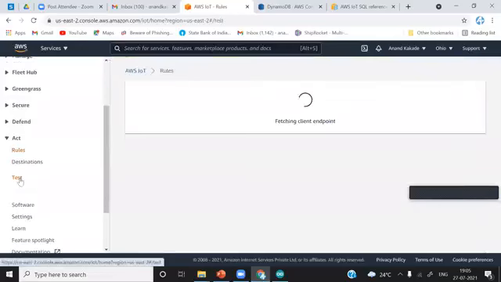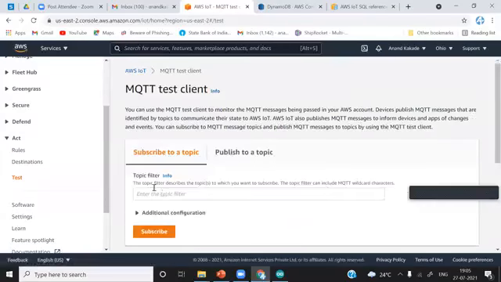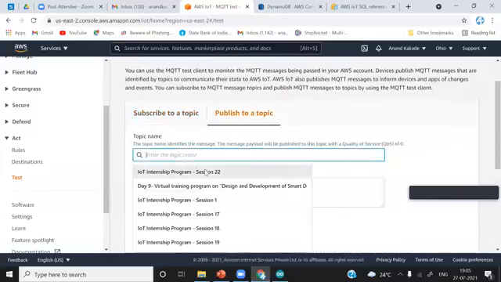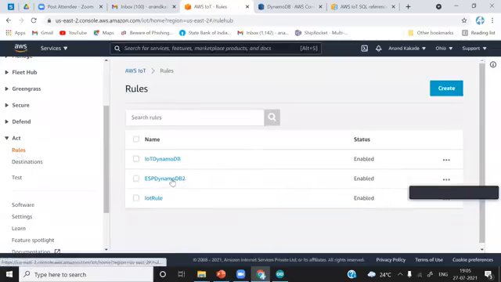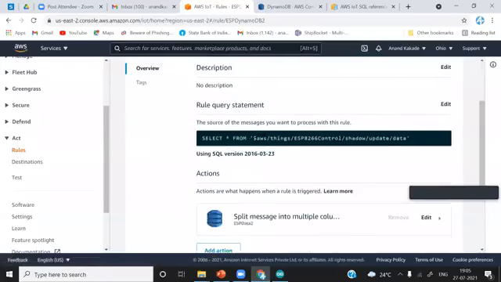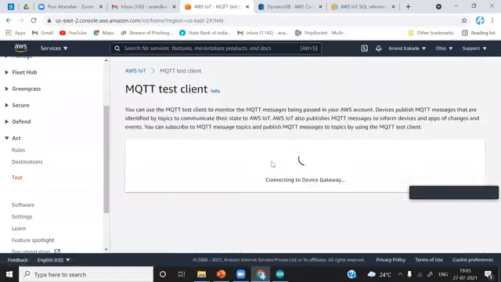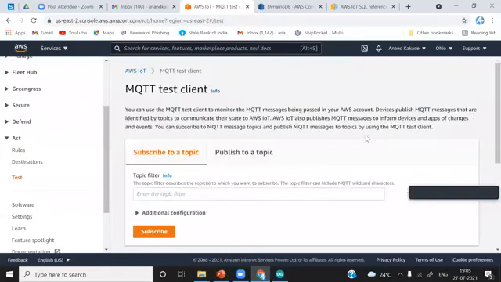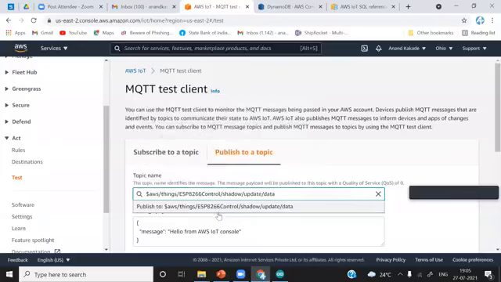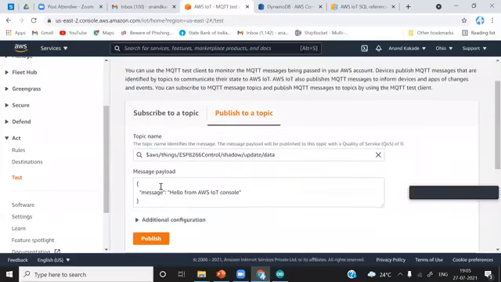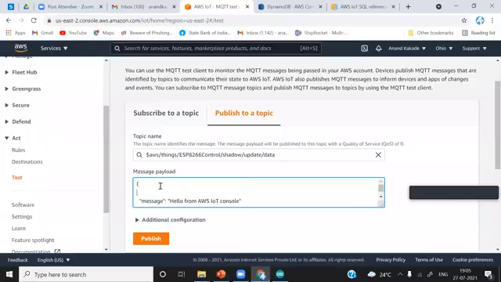What we'll do, we'll simply test first. We'll test it manually. Then we will send data from ESP8266 as well, and check whether we are able to save the data into DynamoDB or not, and then we will end the session. So Control V, and after this we will create the payload.